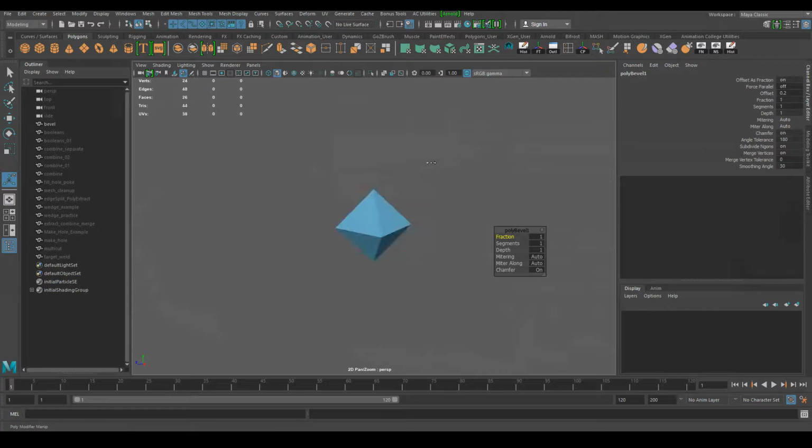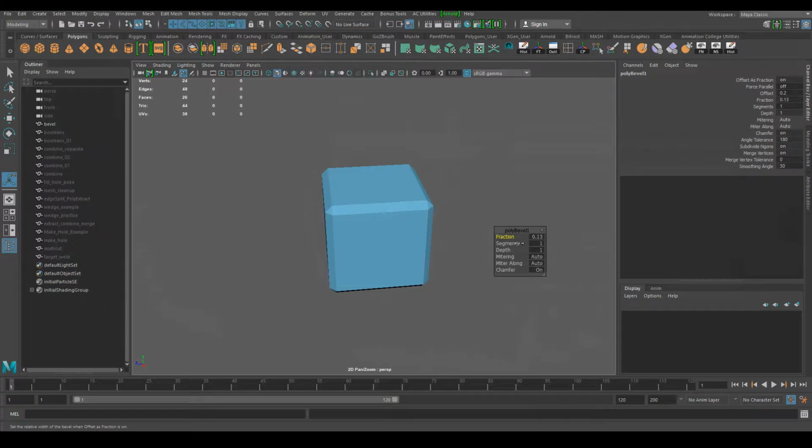You can also middle mouse drag on your screen, so instead of dragging over the word fraction, you can do it this way. So I'm just pressing and holding the middle mouse button and dragging around. And so again, if you press Control and do the same thing, it will just give you a smoother result. So Bevel is good for when you need to add a little bit more geometry, just to make it look a little bit smoother. I don't use it that often, but it's good to know where to find it and